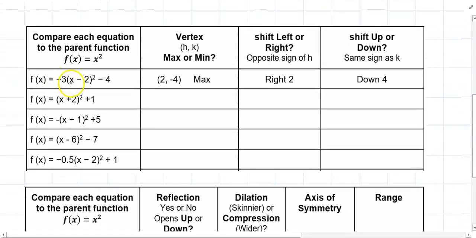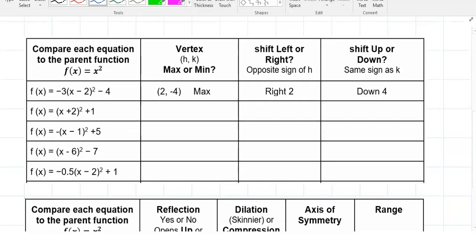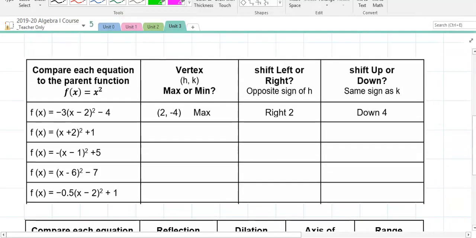-3 times the quantity x minus 2 squared minus 4. Well, the vertex is the h and the k as an ordered pair. So in this problem, h, the number that's subtracted from x, is a +2. That's the most confusing part. The easiest way to think about this is to look at what you have here. Look at the number next to x in the parentheses. To get the h value, you're going to put the opposite